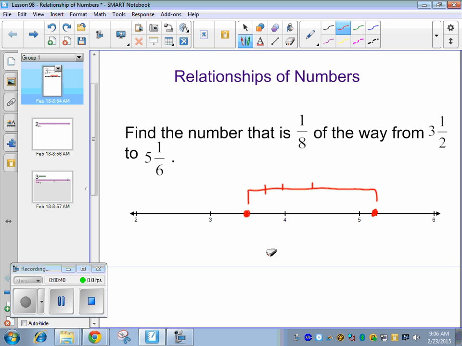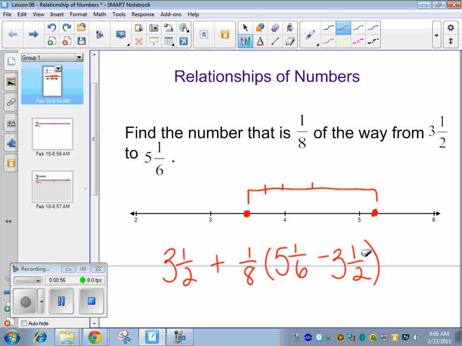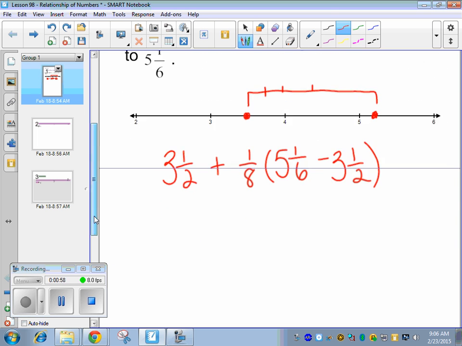So we've got 5 and 1/6, so always our bigger number minus our smaller number. And we want 1/8 of that. But then we have to add what we started with. So we're going to actually add our 3.5 to whatever that is to get exactly where we are on the number line. So we've got 3.5 plus 1/8 times